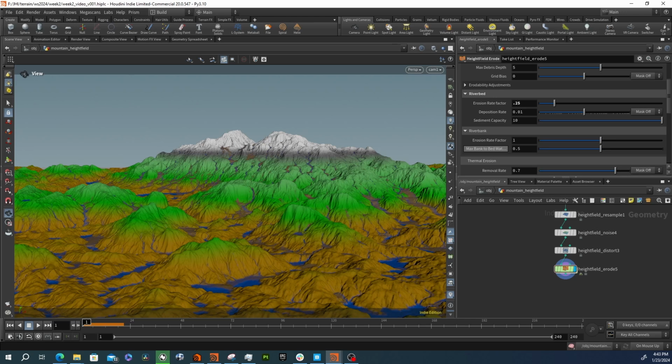And then for the riverbank, I'll do the opposite. So this erosion rate factor, the greater that you make this, the wider it's going to cut out those riverbanks, right? So it's going to run through and cut those deeper. And then